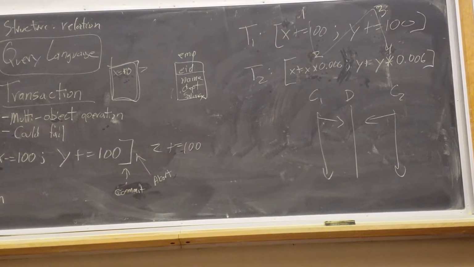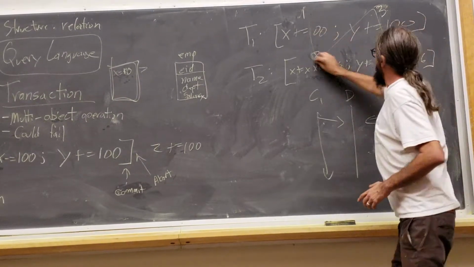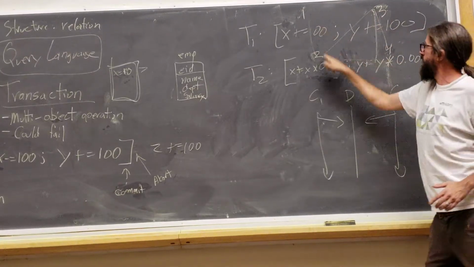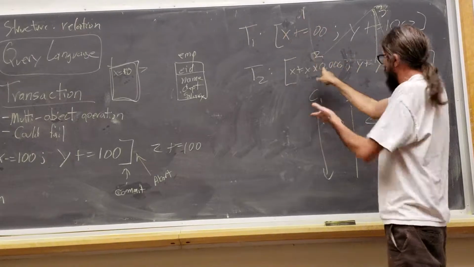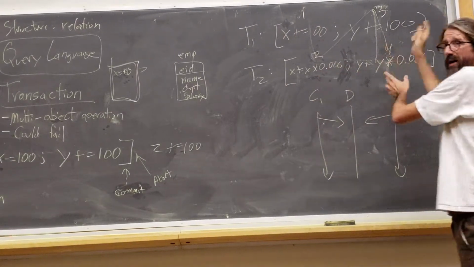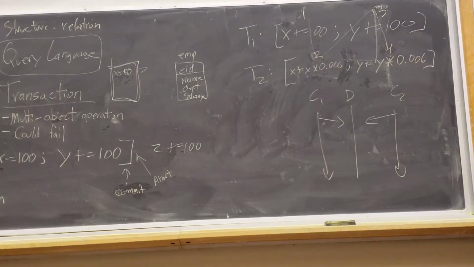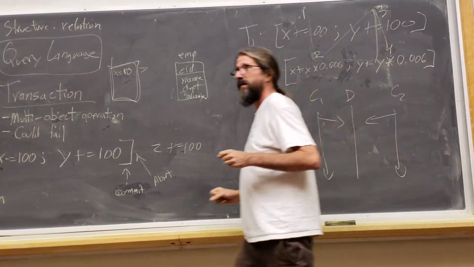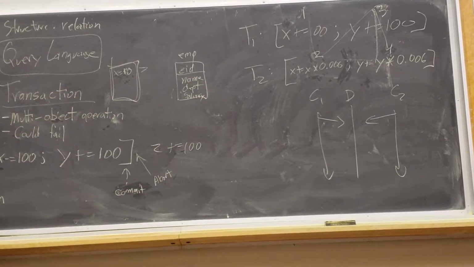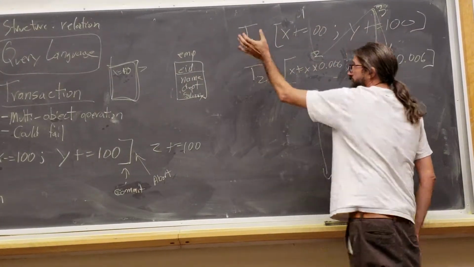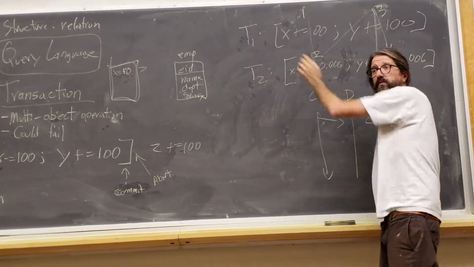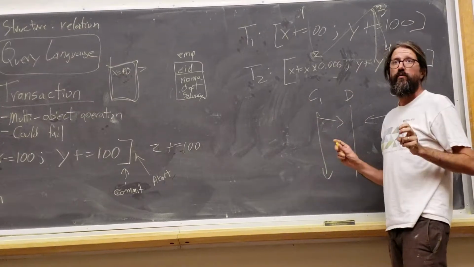What's not okay? This is not okay, right? 1, 2, 3, 4. Because then X, Alice or whatever, would benefit from the interest calculation and Bob, Y, would not. So do you see? There's a lot of different ways, now that we're doing compound actions, that the things can happen. Some of them are okay and some aren't. And there's this kind of intuition that the ones that are okay are the ones in which T1 runs to completion before T2 starts, or T2 runs to completion before T1 starts, what we might call the serial schedules.